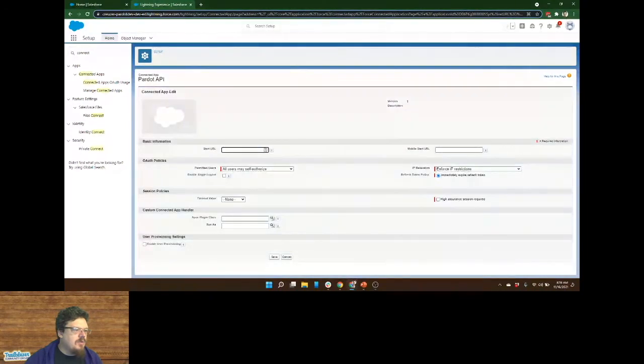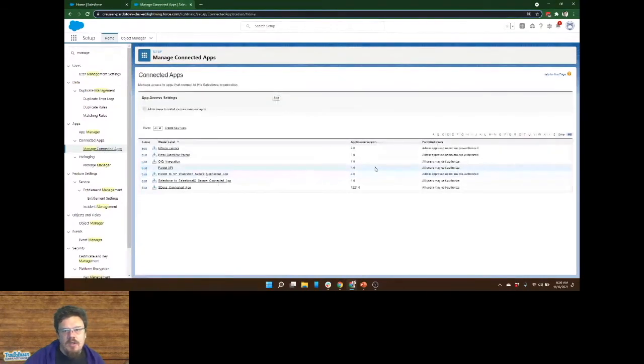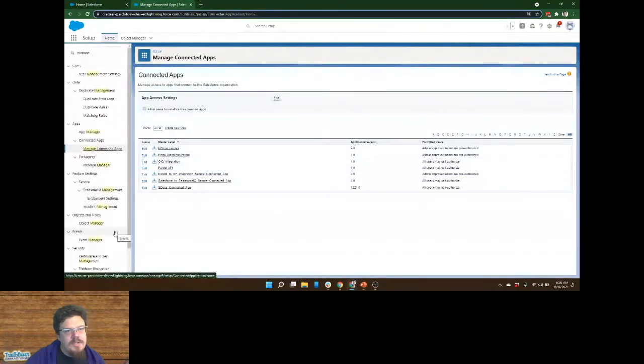So what else do we've got? Another place that we can see this is manage connected apps. I was just there. I always have to look this up every single time. App Manager.